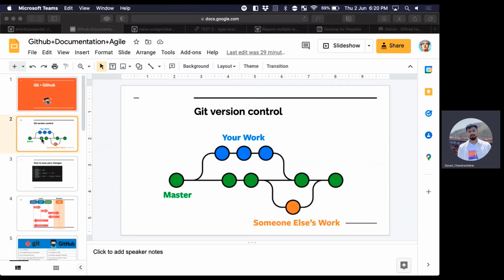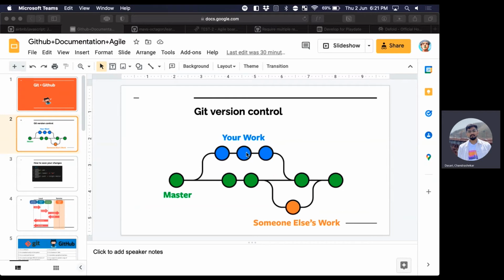So in Git, we follow this philosophy of working with branches. So we have a master branch. This is a branch that contains the master of the code base, like the prime code base. And if you need to add your own features to this code base, you need to create your own branch. So it's separate from the actual master. You create your own branch, make changes to it, you add commits, add new features to it, and then you merge it back to the master branch.